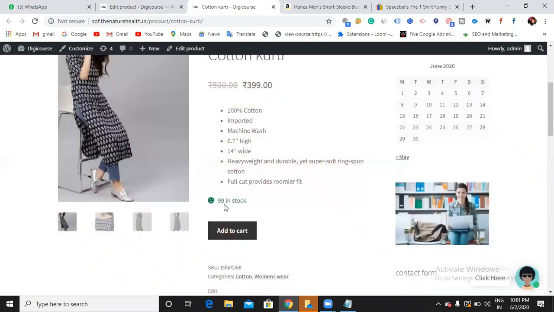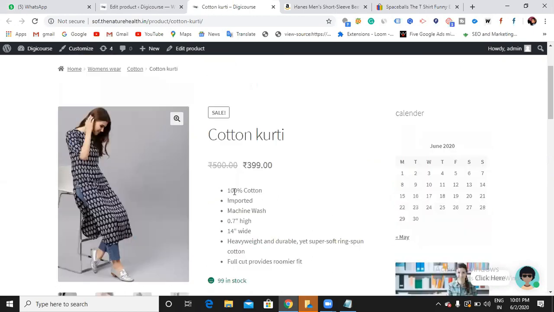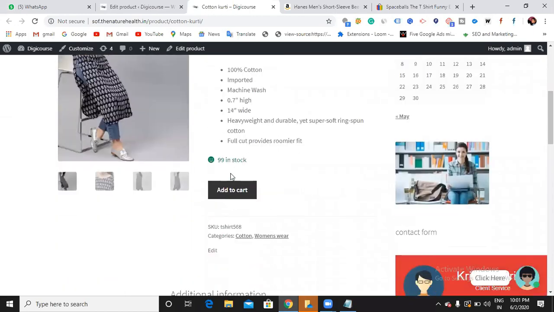Earlier I could see the option of choosing some quantity like 1, 2 or anything, whatever I want. But here, because we have kept a limitation, each user can have only one, so I have to purchase individually. Just come back and add to cart. For 100 times you have to purchase and add this product to cart.